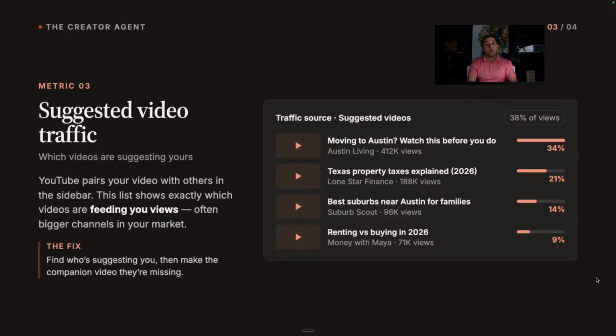However, you are going to go and see what type of content is being suggested out there and how can I actually make a video that either precedes the content that they're talking about or is after the fact, right? So you're not trying to replicate, you're not trying to redo the video that they created, you're complementing it. You're adding to the conversation because you know that channel is already suggesting your video and you're getting views from that. So suggested video traffic is absolutely vital when it comes to YouTube analytics.